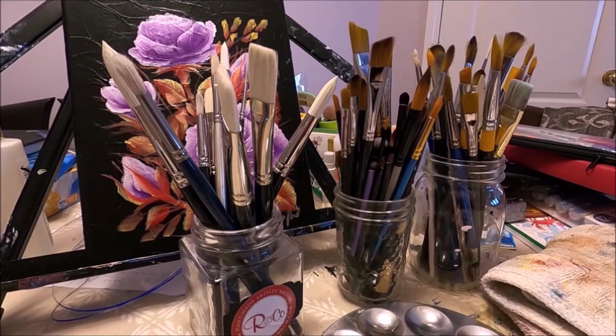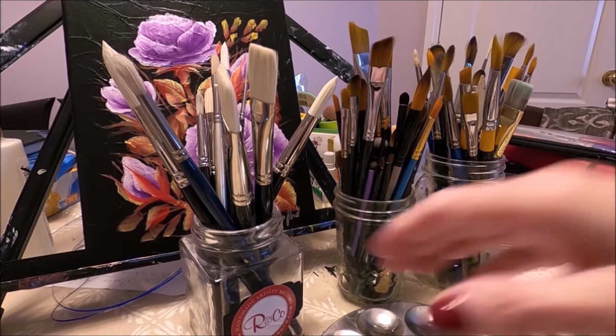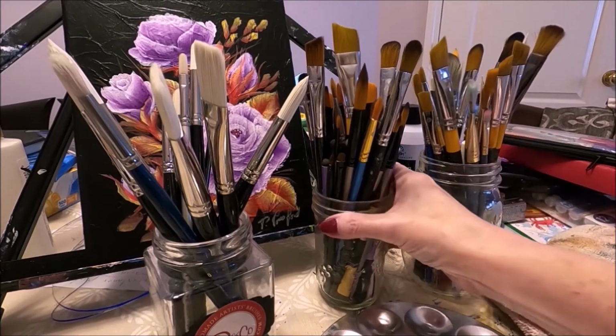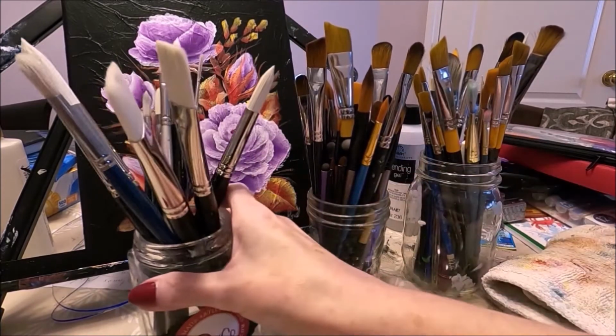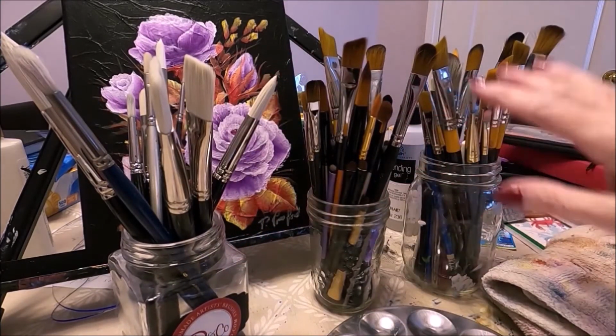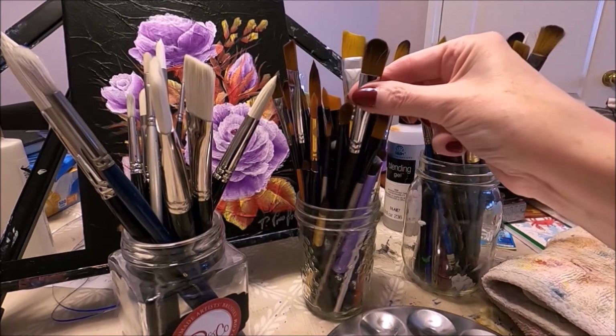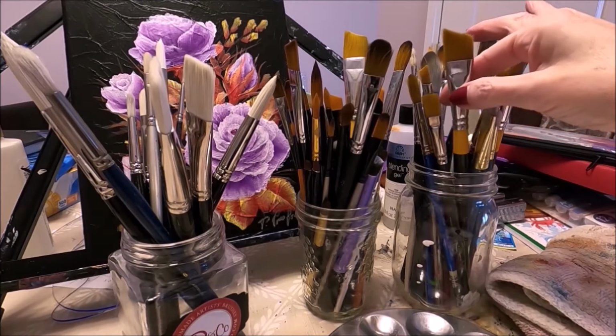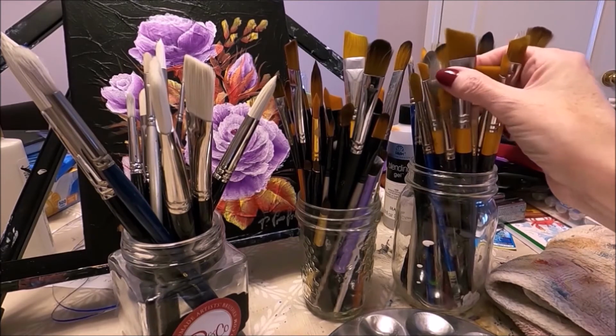Now, this video is going to be applicable to acrylic brushes and to watercolor brushes, because watercolors and acrylics are water soluble. I'm going to start by showing you how I store my brushes, and I keep them in these glass containers. My brushes are facing up. I also make sure there's lots of room in the jar, so my brushes are not hitting against each other, because what happens if they are stored, the bristles can get